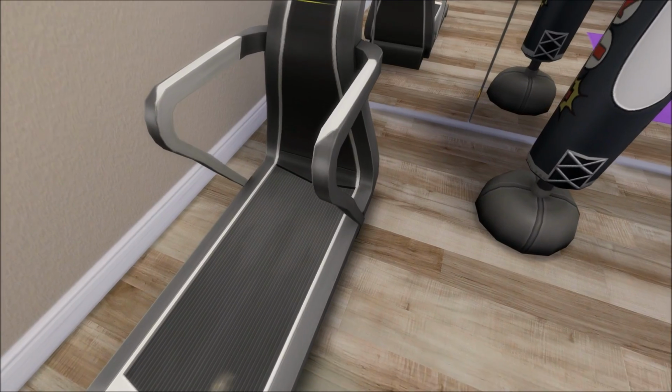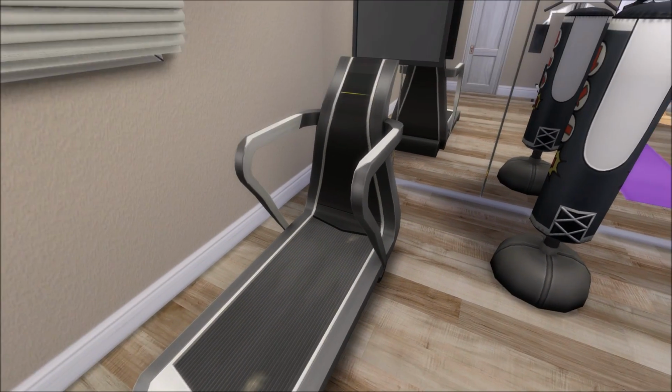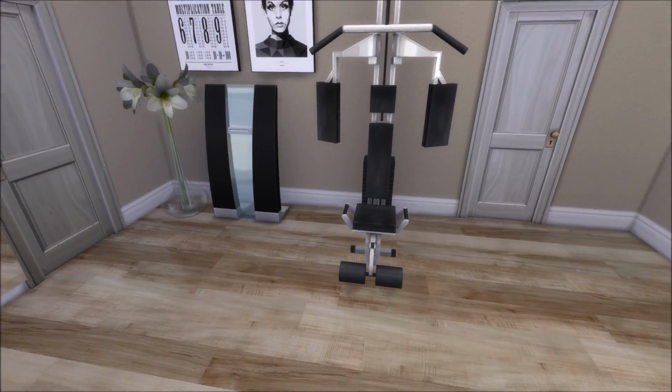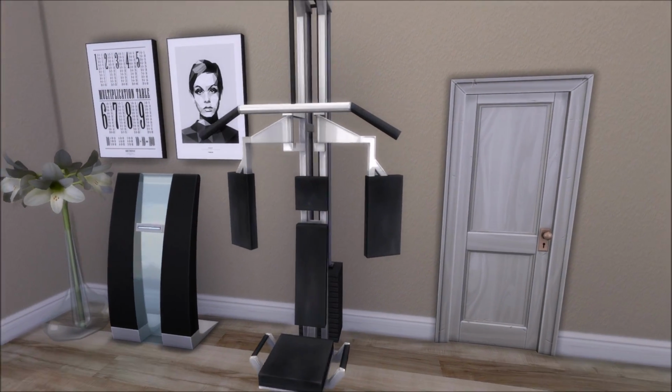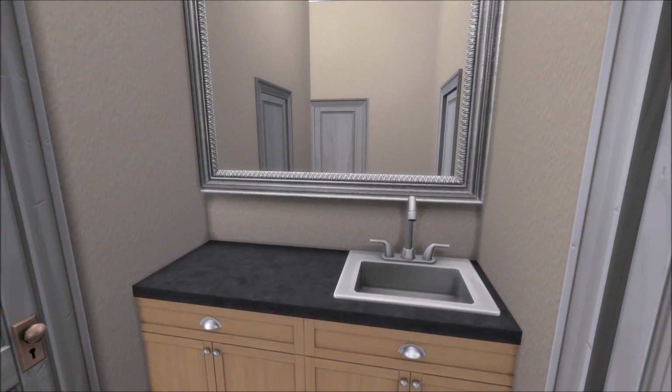healthy, of course. So we have a, it's not a treadmill, it's like a thing where you can run on. Not sure. There's a punching bag. There is something for your muscles and some music, of course, some tunes to make it all go a little bit faster. So heading into here, we have just a